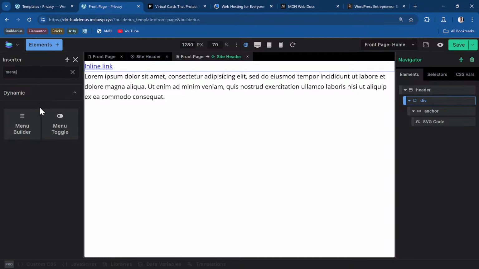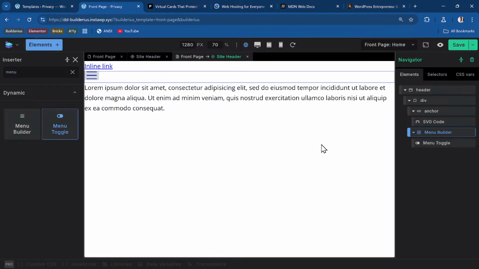I'll leave a link to all of the videos, the Builderius series, so you can go ahead and watch that series and see how everything is added, like how to work with all of these elements. So you add the menu builder, and inside the menu builder, I'll add the toggle, which will be for my mobile menu toggle. Then I'll also add